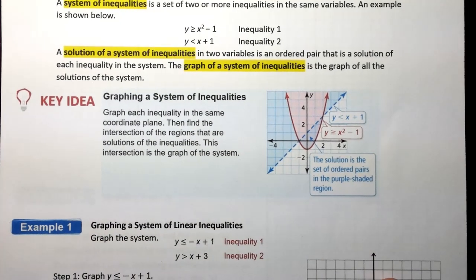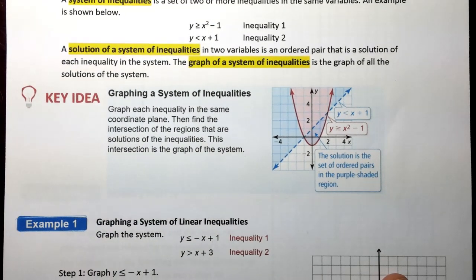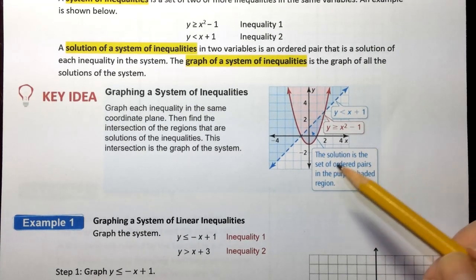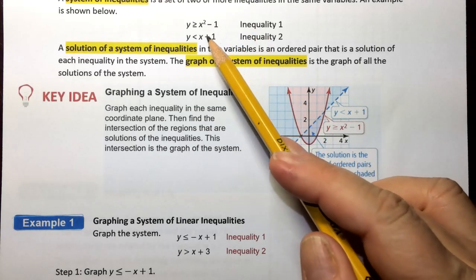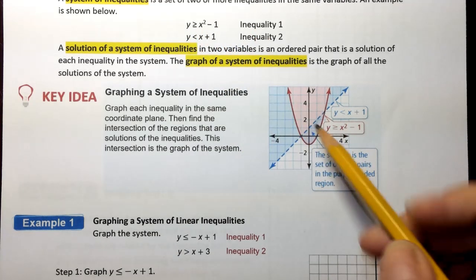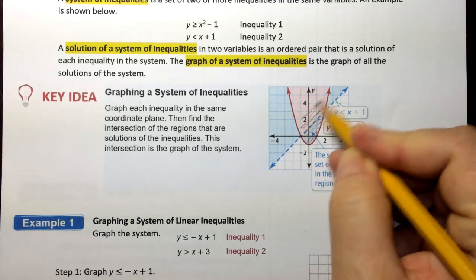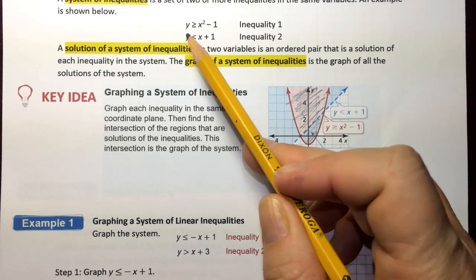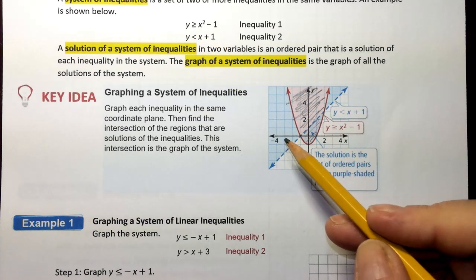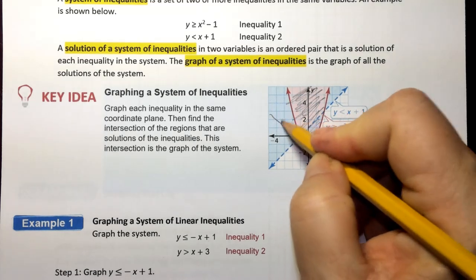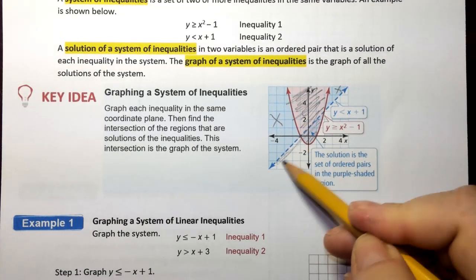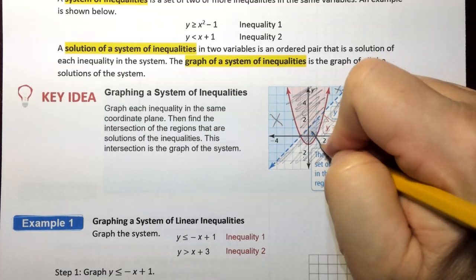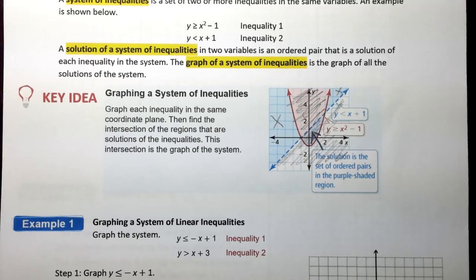So I put this example here for you guys and then realized that Big Ideas made a mistake. So I would like to explain their mistake. When they did inequality number 1, your y value is greater, so this shading inside of here is correct. However, when they did this one, y is less than x plus 1, for some reason they shaded the wrong side. So this blue part should not be shaded. This area should have been shaded,